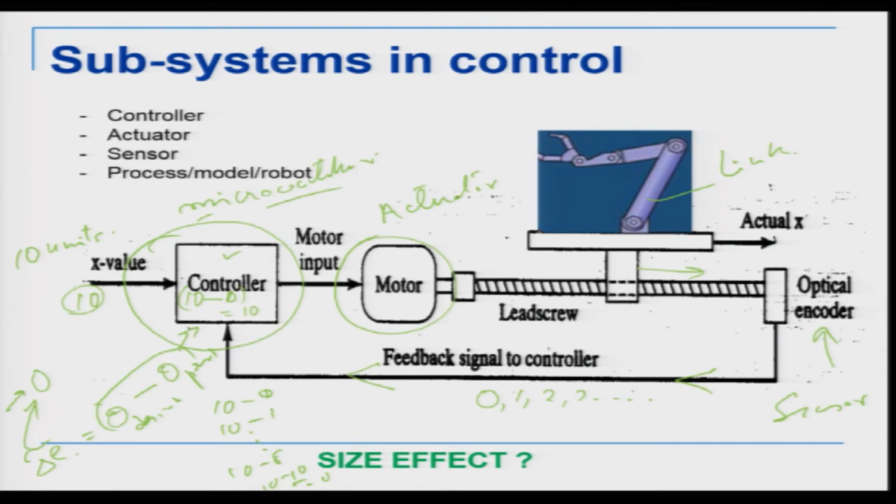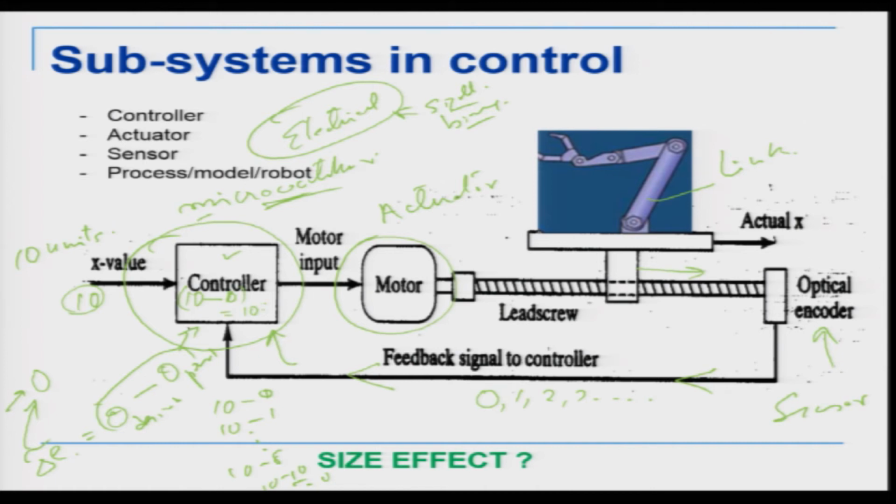Now, let us look at the basic definitions of a controller, an actuator, a sensor, and the need for this feedback loop. Something to be noted very carefully in this feedback diagram is that a microcontroller is basically an electrical device. Electrical device means it understands electrical signals, normally binary signals. So, it cannot understand a pneumatic signal or a hydraulic signal. Now, the controller understands electrical, so what is coming back to the controller also has to be electrical, otherwise it can't do the comparison here,